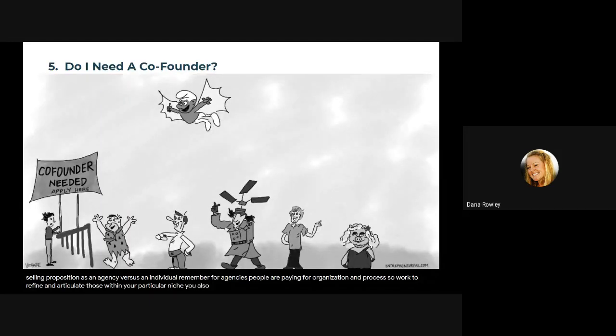You also want to think about if you want a co-founder. And for this one, it's entirely up to you. It can be really complimentary and helpful, or it can be a big headache. You're going to want to make sure you align around a common vision. It's also a good idea to start a document from the onset with rules of engagement, what happens if you part ways, review it every couple of months, and keep it current to make sure that everything is updated as the business changes.